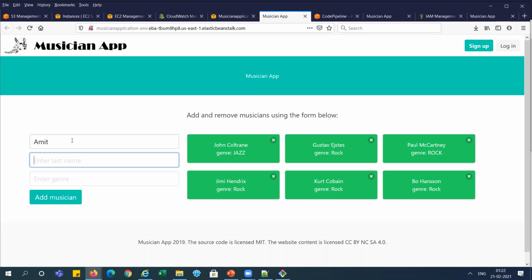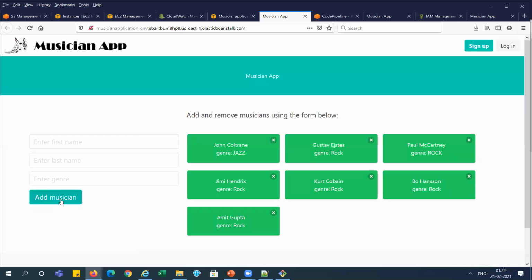I am putting in my first name and last name, and I am just putting in rock, right? So I'm clicking on add musician. Let me check it is working. Yeah, it is saved here. Let me do it again, something, Michael.